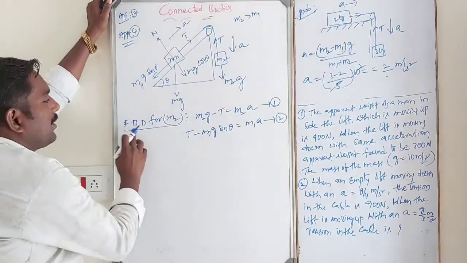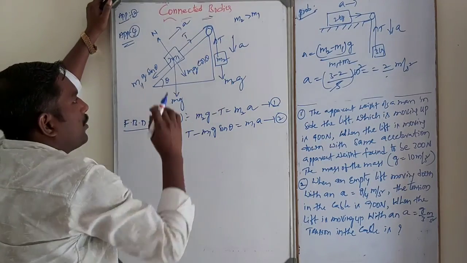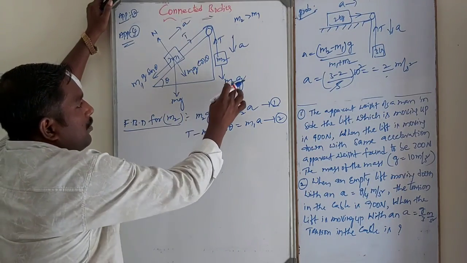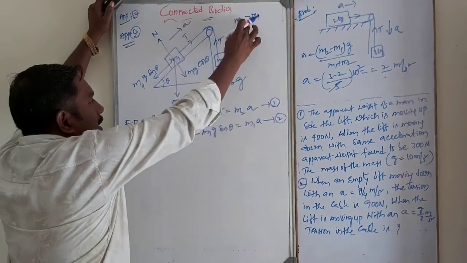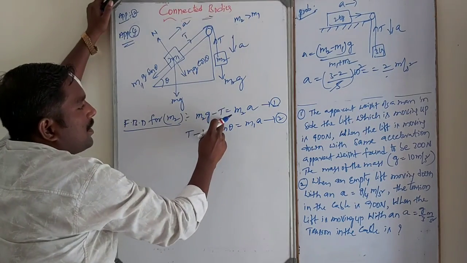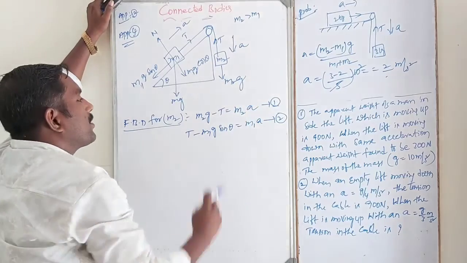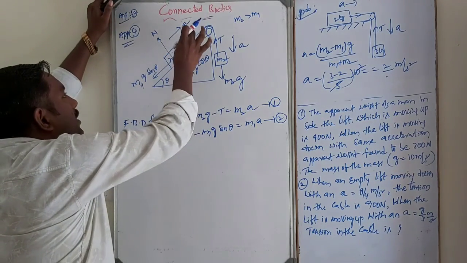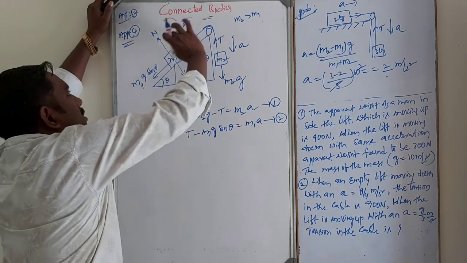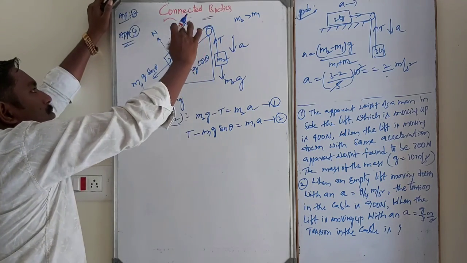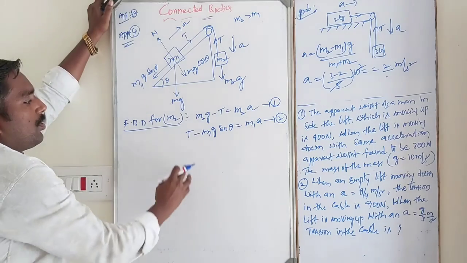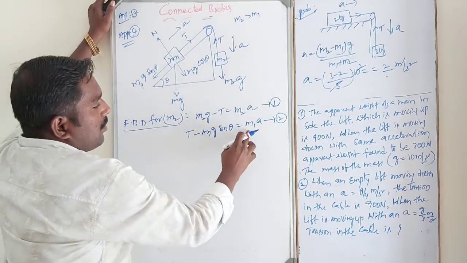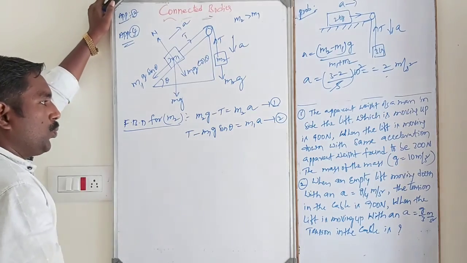First of all, draw the free body diagram for m2. m2g is larger because m2 is greater than m1, so m2g minus T is equal to m2a. This is equation number 1. For the other body, T is the higher value, because the system moves that way, and the side it moves toward has the higher force. So T minus m1g sin theta is equal to m1a. That is equation number 2.